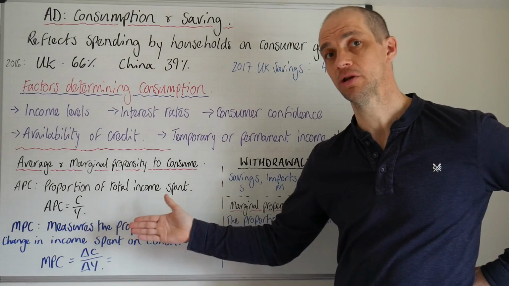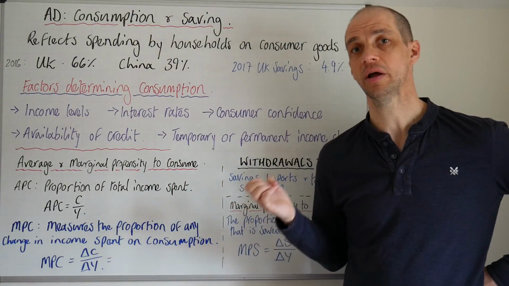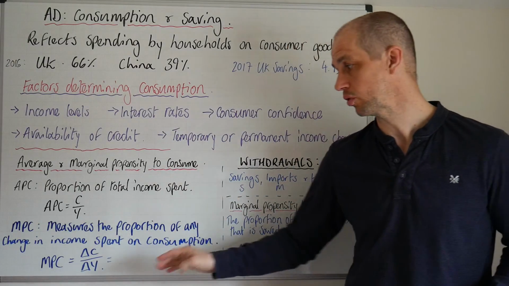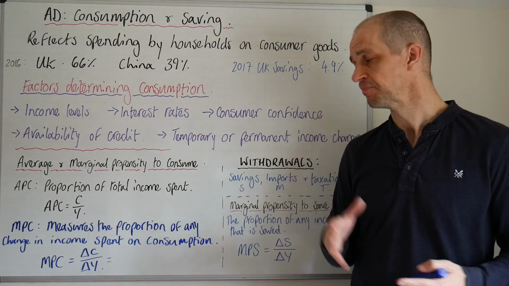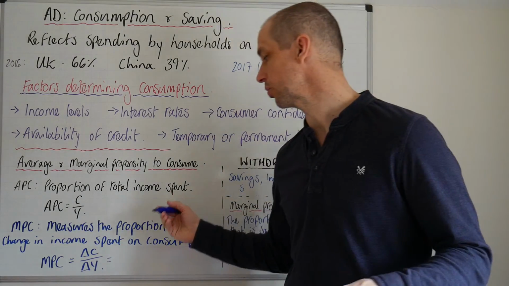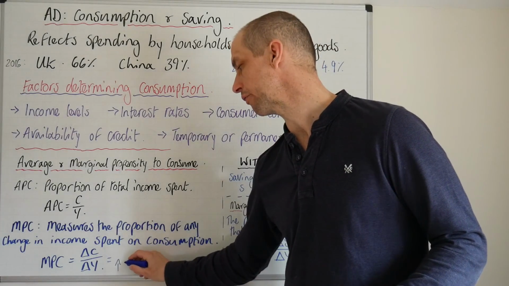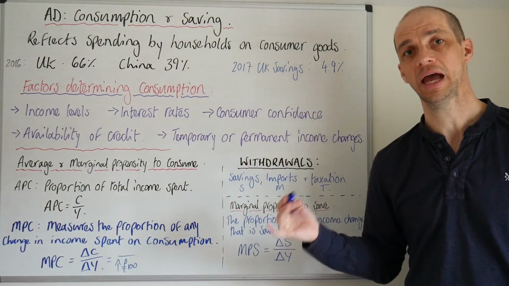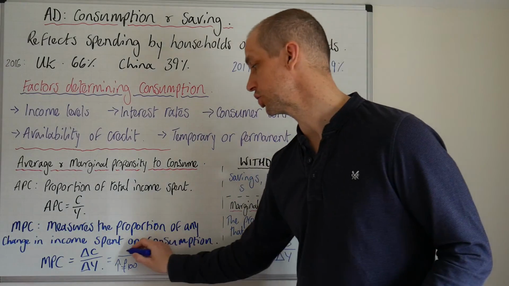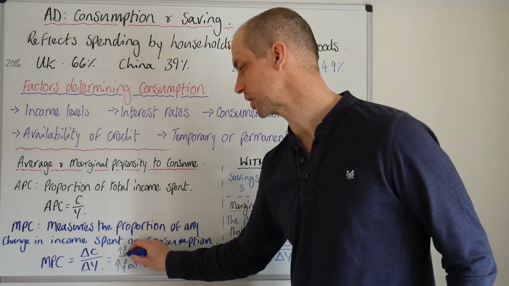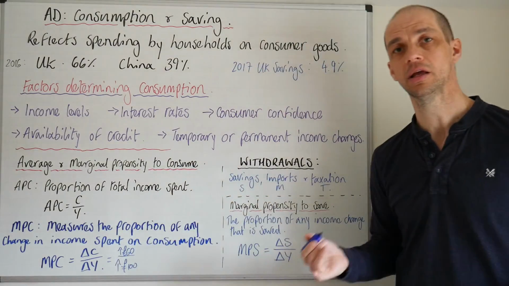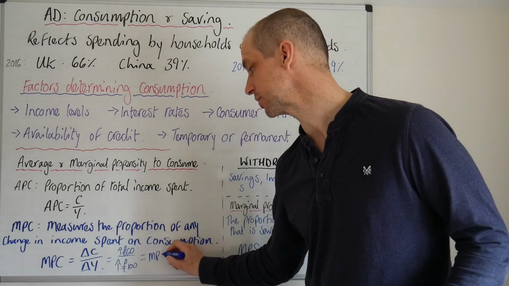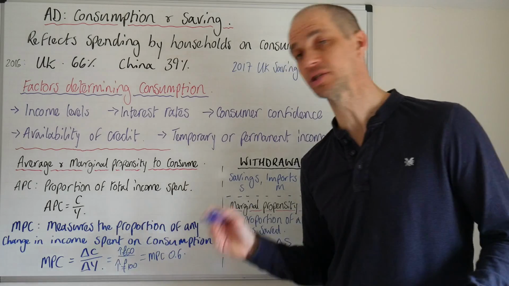Marginal propensity to consume, however, measures the proportion of any change in income spent on consumption. Now this is a really important formula that you need to be good with. Okay, so if we just imagine, nice straightforward example, an increase of £100 of income here. So we've got £100 of income, and perhaps you actually choose to change your consumption level by a further £60. Well, from that we can see 60 divided by 100 equals 0.6. That would tell us that the marginal propensity to consume would be 0.6.